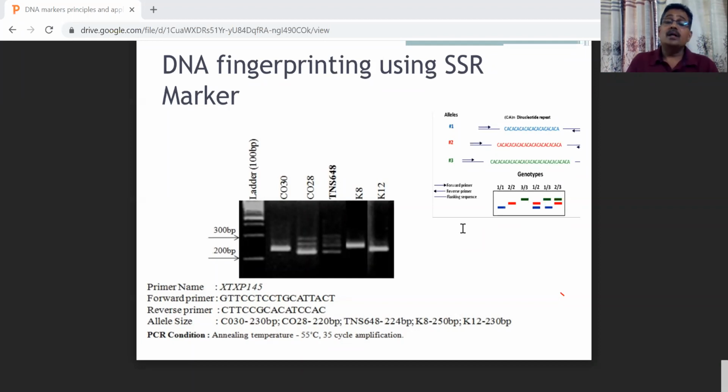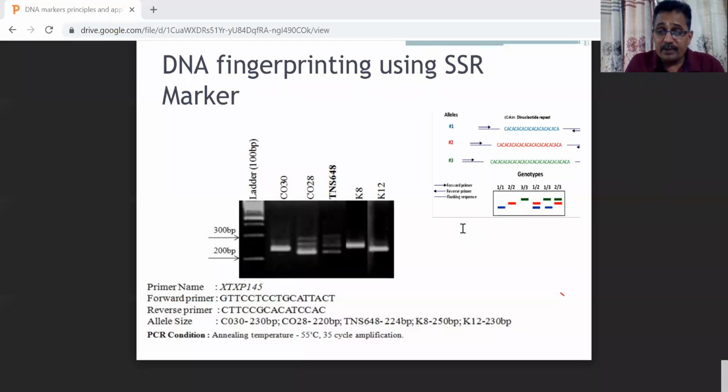Nowadays, SNP markers are coming into the picture, and additional markers can be added to the existing linkage map, because every 100 base pairs you can get a SNP, so millions of SNPs can be developed and used. So these are the markers currently in use and how they are being used.